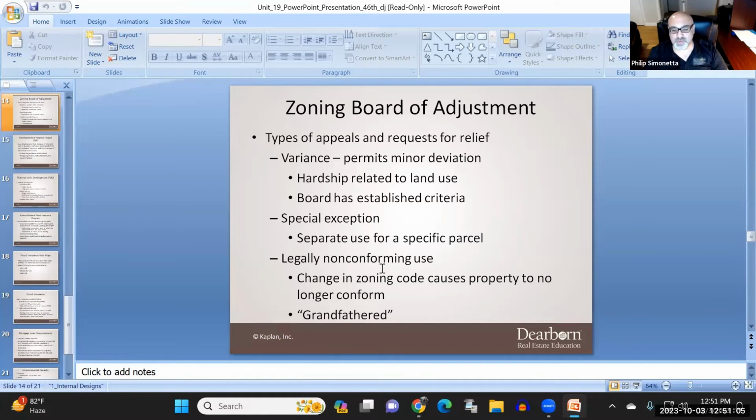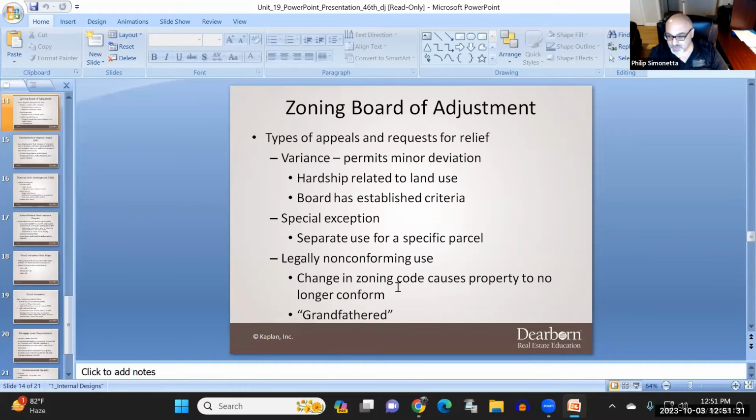Now, you also have something called legally non-conforming use. This is a change in zoning code that causes a property to no longer be conforming. And it's grandfathered in. So for example, if you own a bar on a corner and that bar has been there 100 years, okay, and they put a school across the street, you can't have a bar 100 feet from a school.